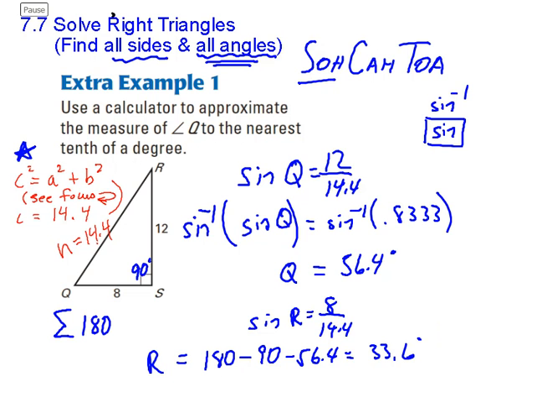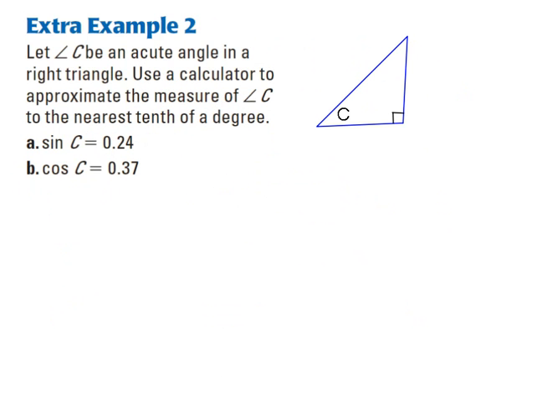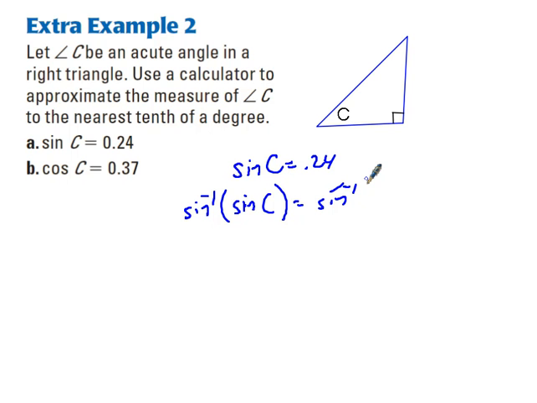Moving on, let's go ahead and look at another problem and do this again. We'll talk about a second way to do the same thing. They said find the sine of c. So I could go sine of c is equal to 0.24, and then I could do the sine inverse to undo the sine of both sides. Let's clean that up a bit. 0.24. And we get c equals